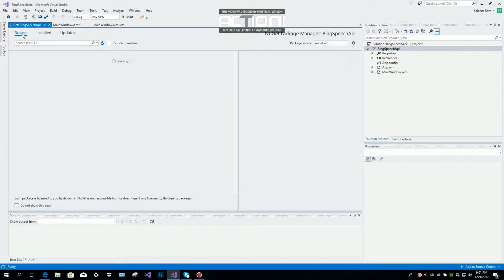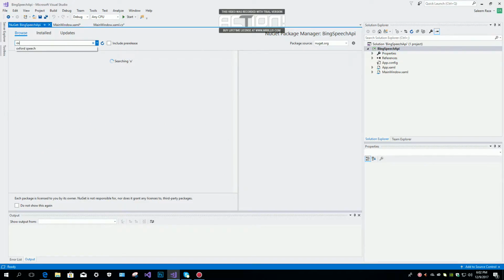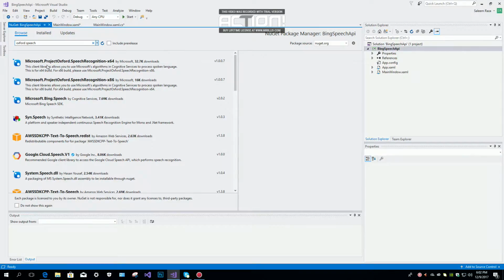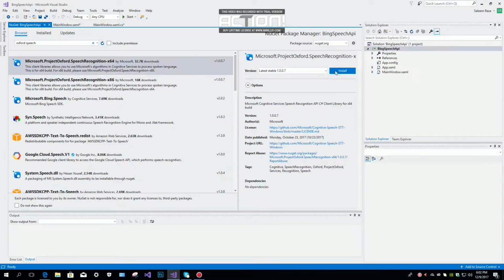Click on the browse tab, and type Oxford speech. Click on Oxford speech, and you need both of these libraries, the 64 and the 86, both of them. Click on that and then click on install,